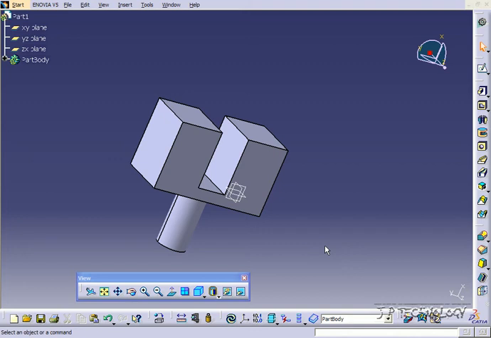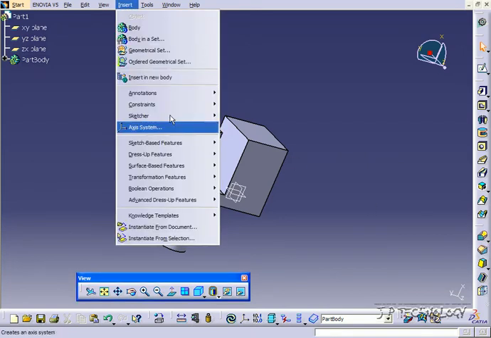This is tutorial number 60, and it covers the variable radius fillet feature within CATIA v5. To start off, open up tutorial part number 59, which is located on the DVD. Now the variable radius fillet feature is found in the toolbar right here, or if you go to Insert, Dress